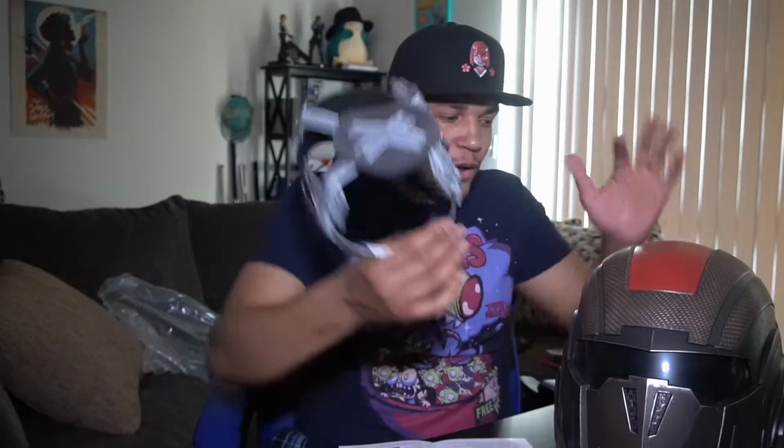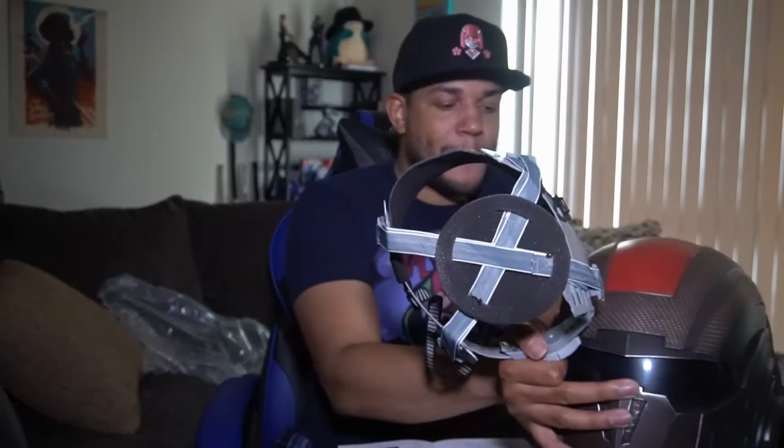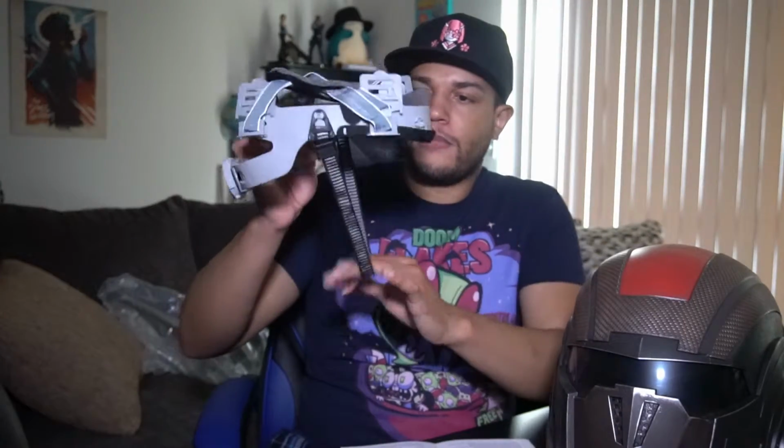If it's not easy to open up the thing like this, you obviously have to go all the way in to adjust it. I love the fact that they made it where you can literally take the entire thing out. It has the twist to adjust it, so you twist it this way, righty tighty, lefty loosey, basically. And then the chin strap you put as much as you need. And this is the same thing where it has, well, actually this, I'm not sure. This one seems like it's just wrapped in, so maybe it's just this part in the chin strap that you can really